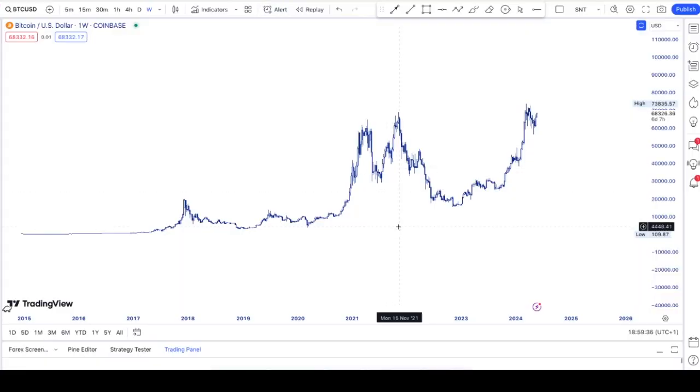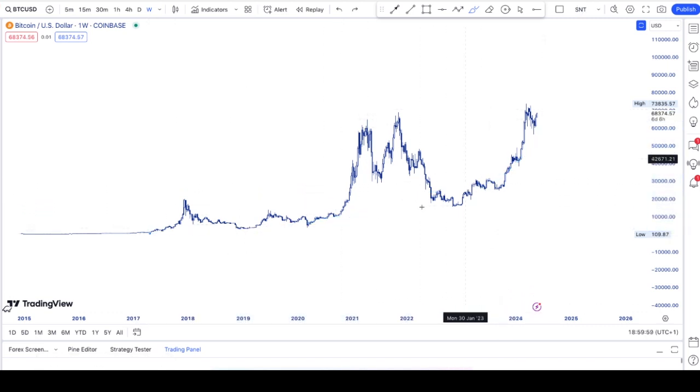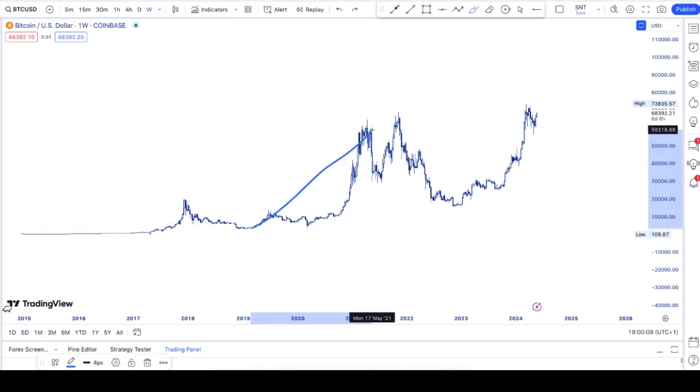Now, this is the price of Bitcoin against the US dollar, and as we can see, the price of Bitcoin has been moving parabolic over the years, pretty similar to gold, except it's been doing it in a shorter time. So we can see that gold took around 20 something years to 10x, where we can see from 2019 to 2021, it took Bitcoin only 2 years to 10x.